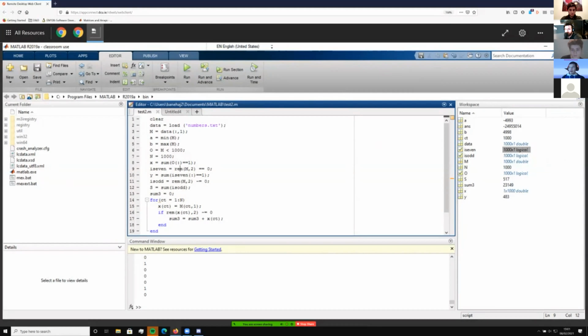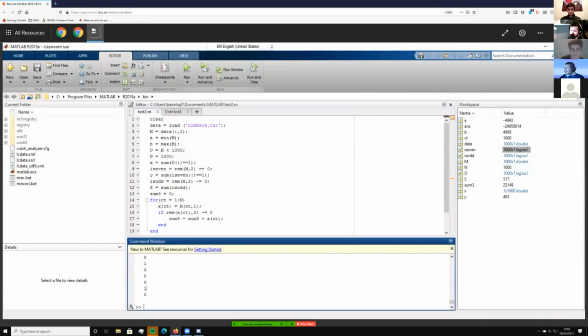All this command does is check whether the remainder of any element of M divided by 2 is equal to 0, which is just checking if it's even. So remainder M comma 2 is equal to 0. Now it's telling us, as opposed to which ones are under or over 1,000, which ones are odd and which ones are even.